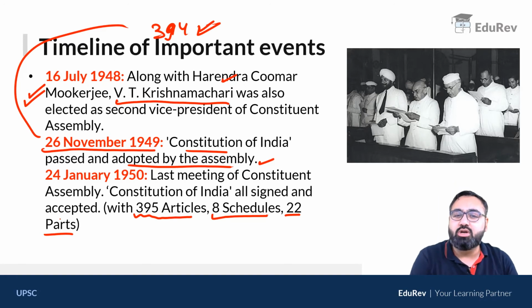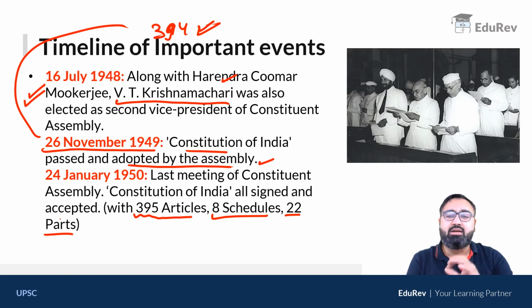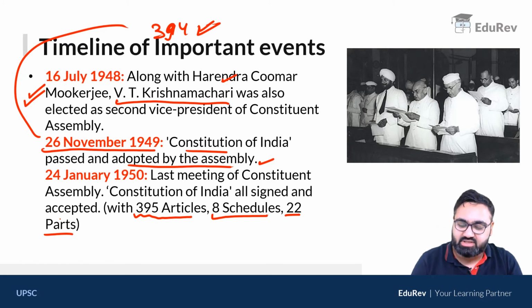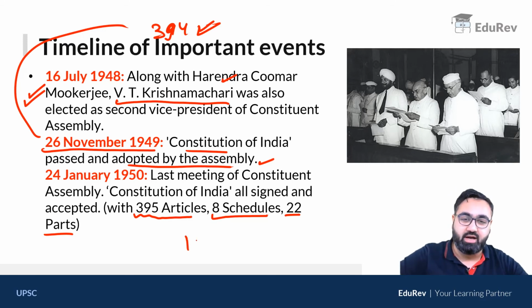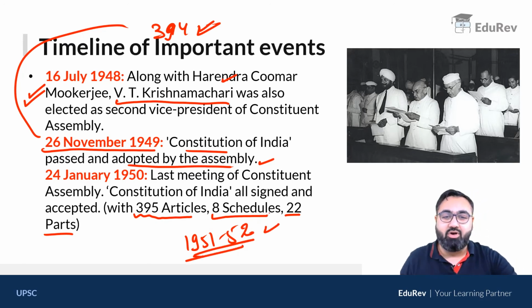Now, the Constituent Assembly of India had its last meeting on 24th of January 1950. Remember the fact, till now, elections have not been held for the government of India. The government that is running, that is the Prime Minister, the Home Minister, Law Minister, these are appointed by the British before India had become independent. Elections for the very first government of Free India were only held in 1951-52,